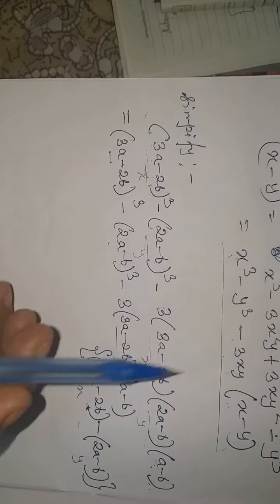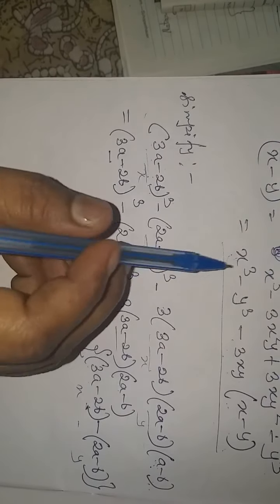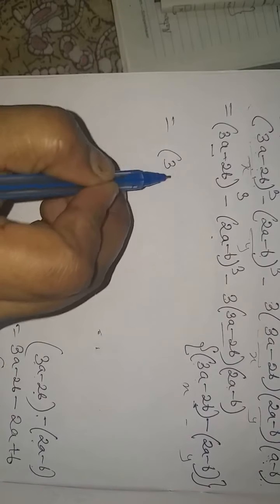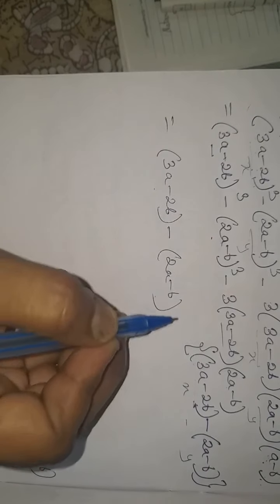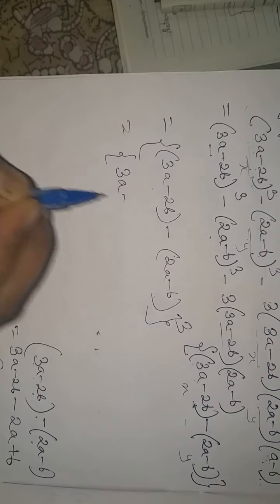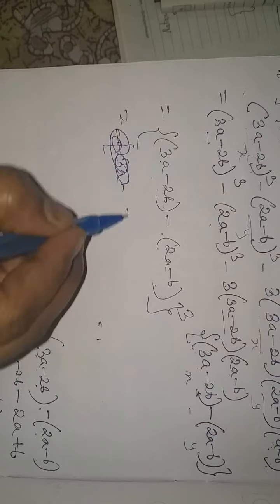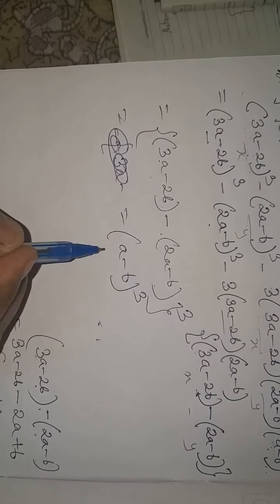So now, since we are doing the simplification, we can write this as (x minus y) whole cube. So this is equal to (3a minus 2b minus (2a minus b)) whole cube, that is (x minus y) whole cube. Now do the simplification. We already know that 3a minus 2b minus (2a minus b) is actually a minus b, so I am not doing it here. You can just directly write that this is (a minus b) whole cube, because we know that this will come to a minus b.